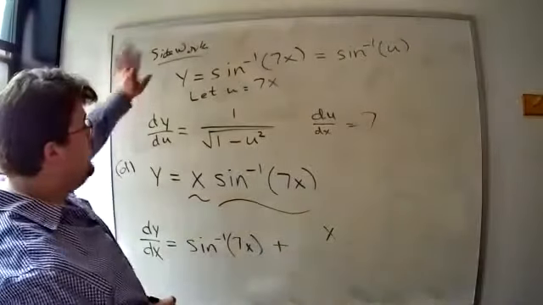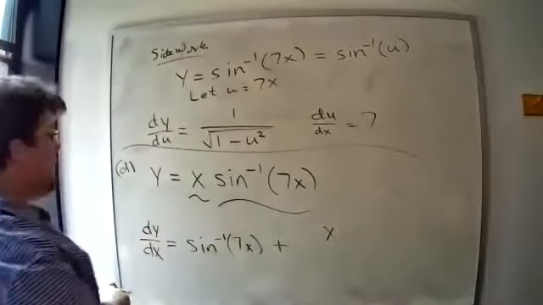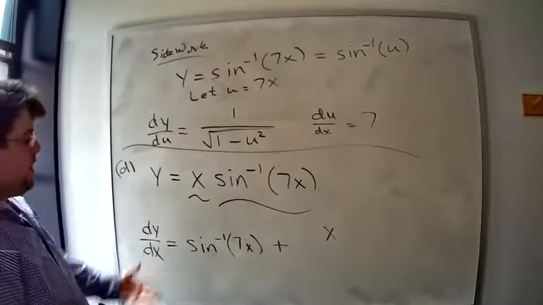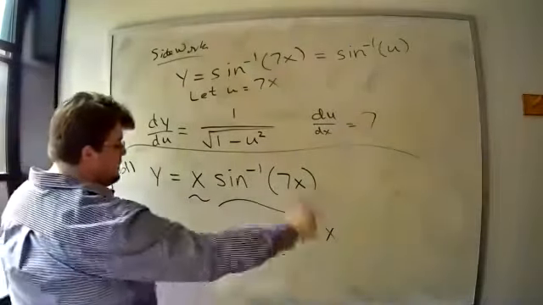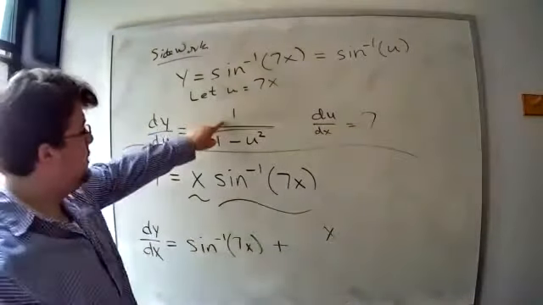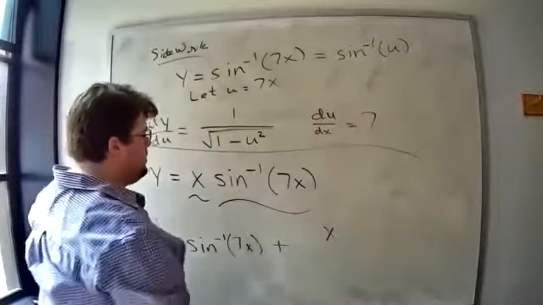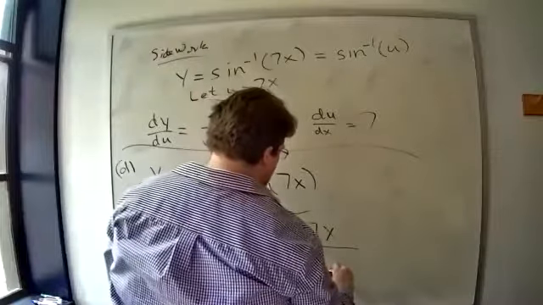So dy/dx in our side work would be those two multiplied. I'm not going to write that out; I'm just going to write it down as part of this answer. So we have the derivative of x is 1 times the second, plus the first times the derivative of the second. So we have this first thing times this thing, so that equals 7 over